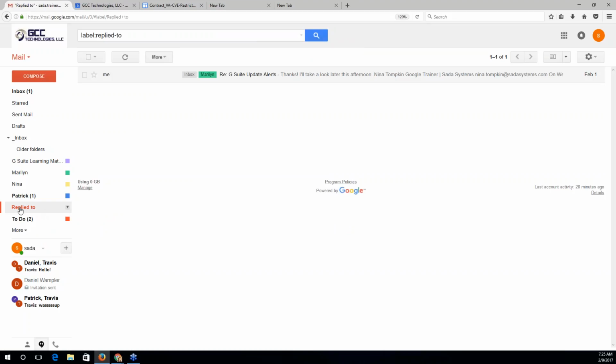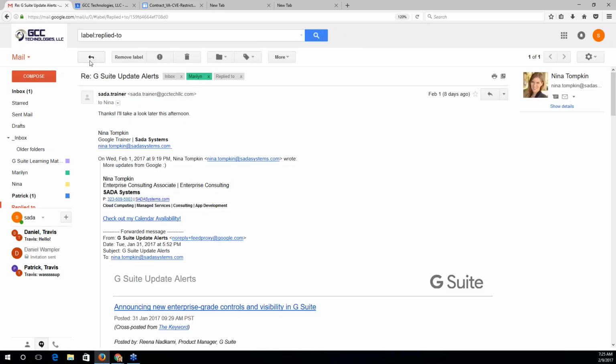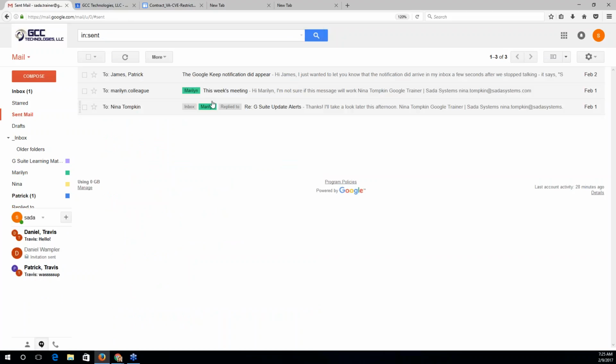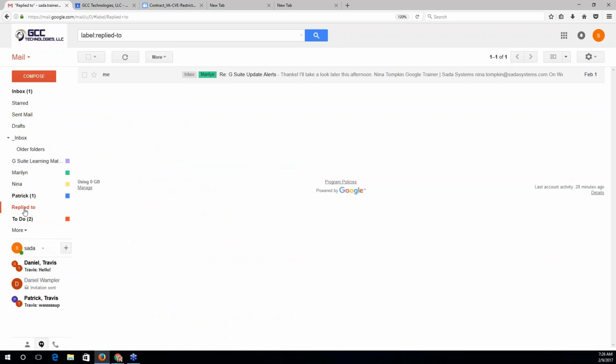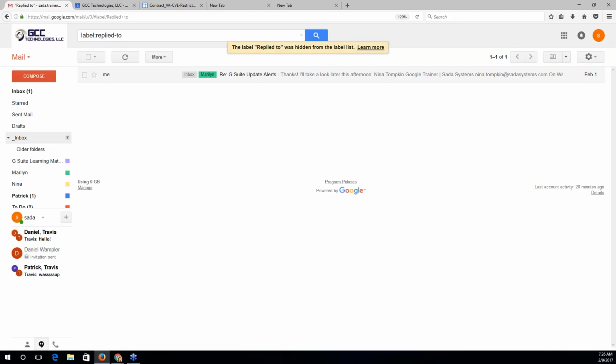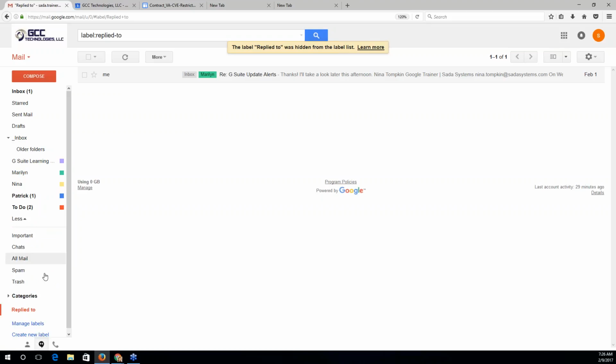And one extra pro tip is, because this is really like a clean version of sent mail, it's splitting up messages that you forwarded, sent for the first time, and replied to. That's sent mail, but this is a little more specific. You can tidy up your label list if you know you're just going to check this maybe once a week. You can hide this label in your label list. So it's beyond the More drop-down. You have a bit more space here, but you know that you can always find it and view it when you're ready.